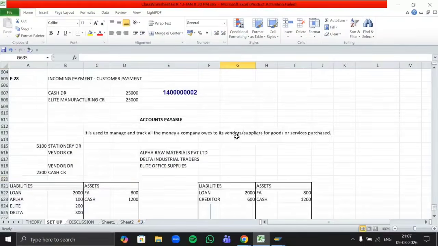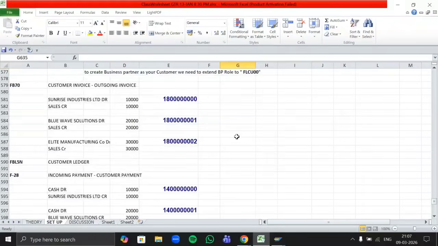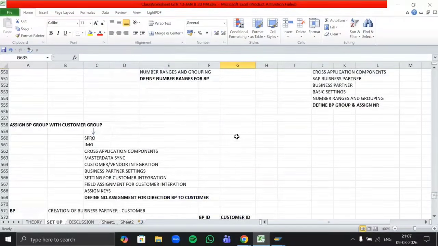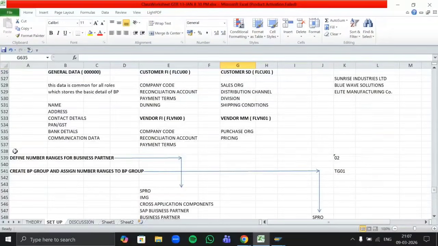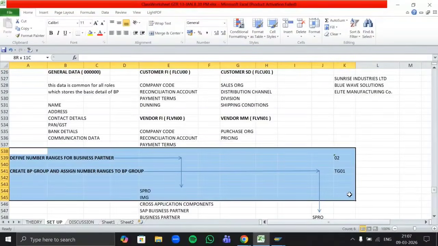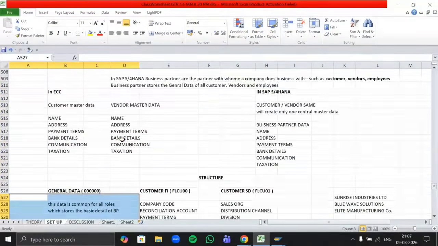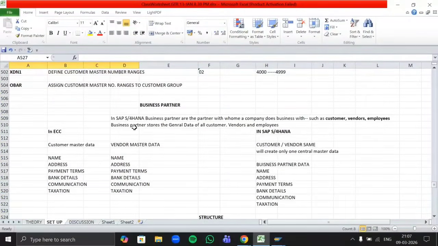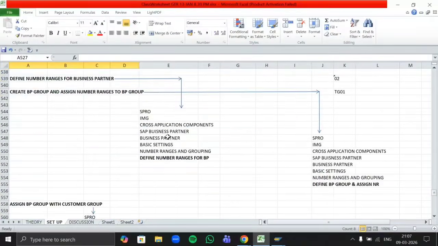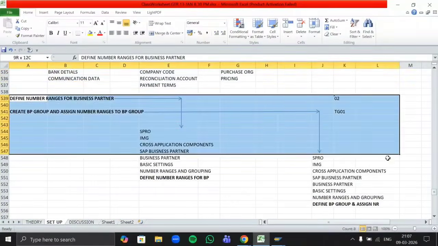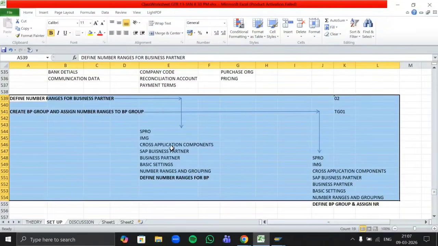Okay. Now, if you guys remember, while doing the accounts receivable configuration, we have created our BP group. What is the work to create BP group here? Just so that our system can store all this general data over there. But now, as I told you earlier, BP group will be only one. For all your vendors, for all your customers and employees, everyone will be using the same BP group. So this time we don't need to create BP group as it is already created. So we have to skip this part.